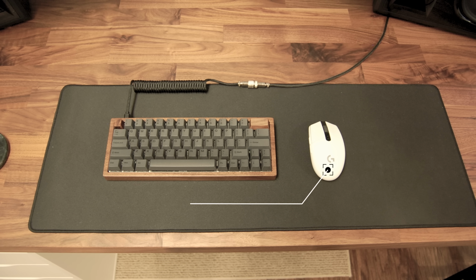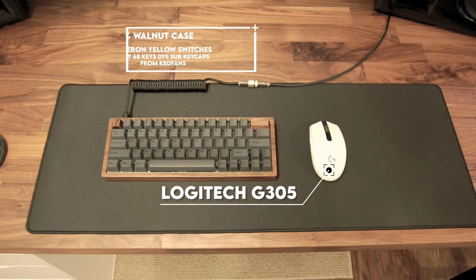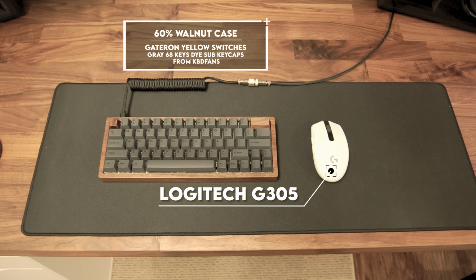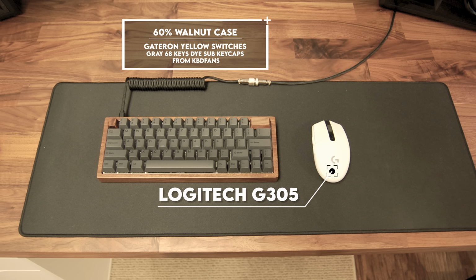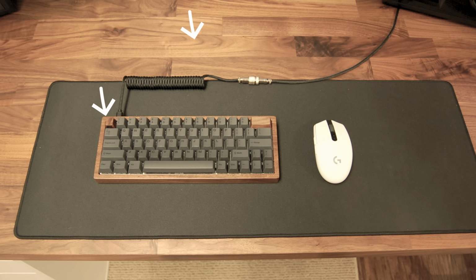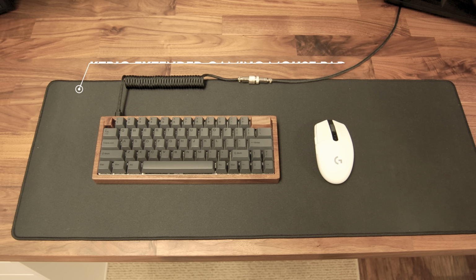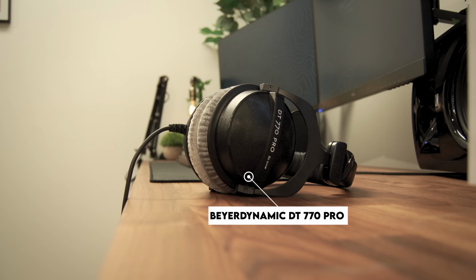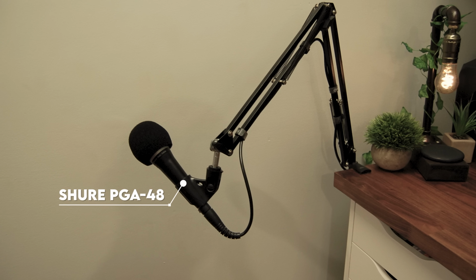He's using the same Logitech G305 mouse, but it looks like he built himself a new custom keyboard. We got the 60% Walnut case, Gateron yellow switches, and 68 gray dye sub keycaps from KBDfans. I just love how the case matches the countertop with a black mousepad in between for that added contrast. Nicely done. For audio, he's still rocking the same Aviator dynamic headphones, but he picked up a new mic and